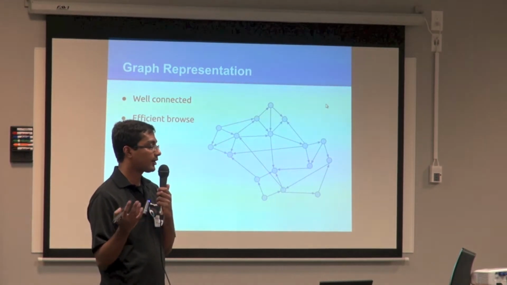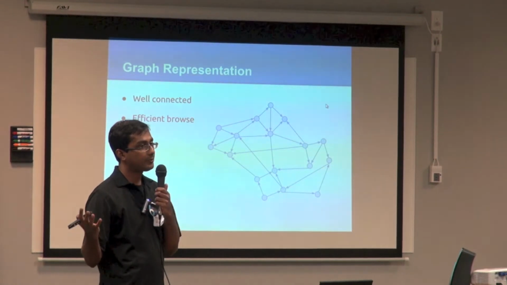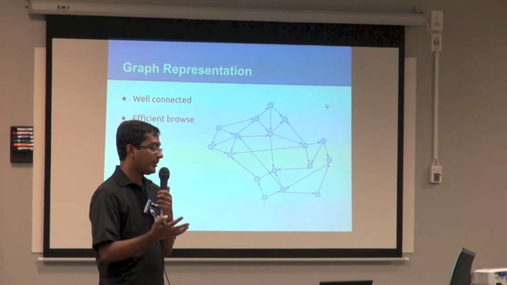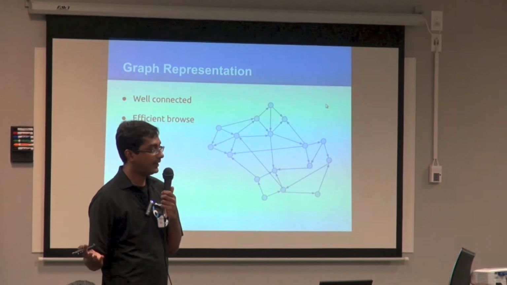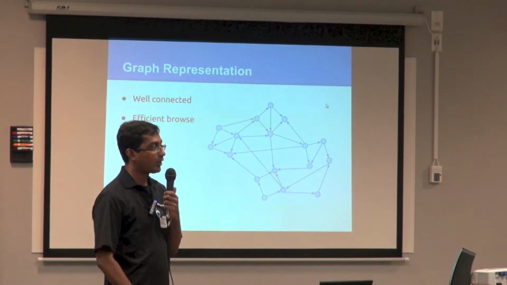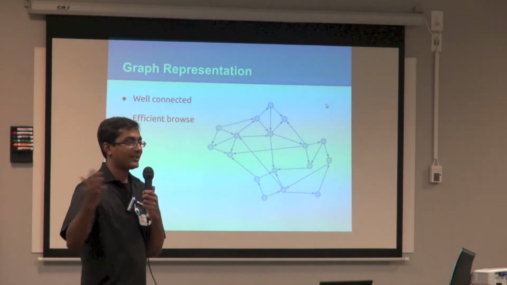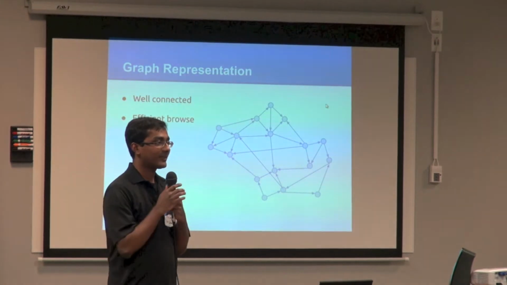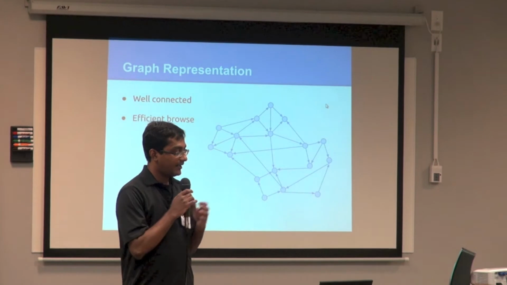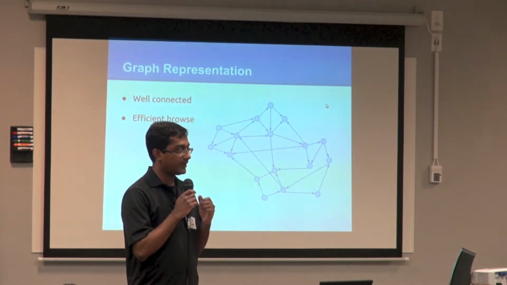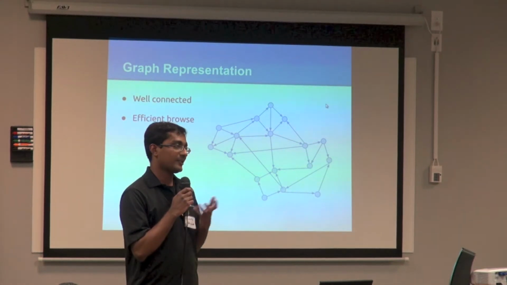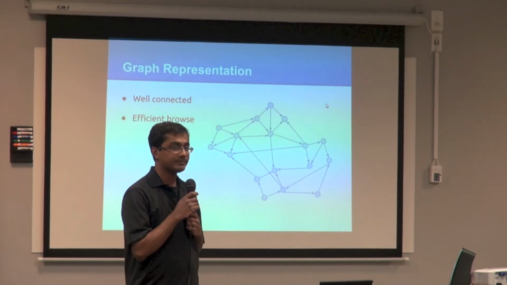So that's basically the crux of this talk, which is you do this pre-computation offline. You have this graph in front of you, and you can basically ask simple questions like, is the graph well connected? Can I efficiently browse it? Which is, if a user lands on one of these nodes, can they efficiently waste time? That is basically what we're trying to get to. And in this case, this graph looks great. Maybe it has some dense subgraphs, but it's very well connected. You can go from one video to another pretty nicely. And so it's probably a good recommendation system.